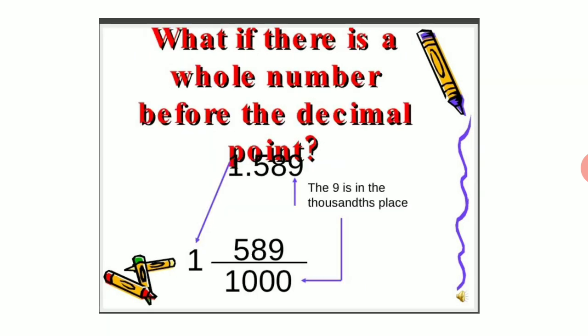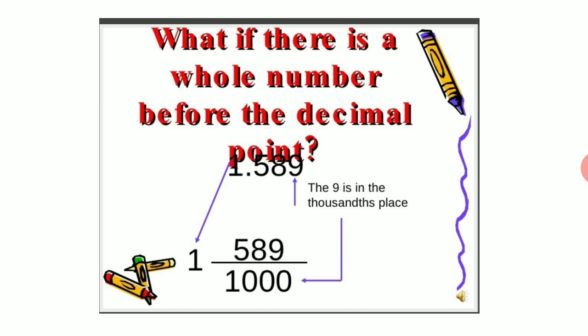Okay, now children, this we talked about when we discussed taking a pure decimal number. What happens when we take a number where we have a whole number as well as a decimal? In that case, what do we do? Suppose we have some number before the decimal point, then how do we do it? What if there is a whole number before the decimal point? Suppose here we are taking a number into consideration, that is